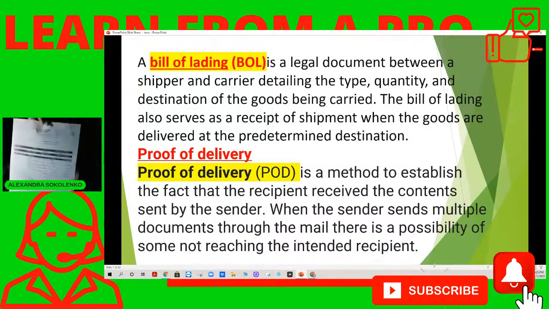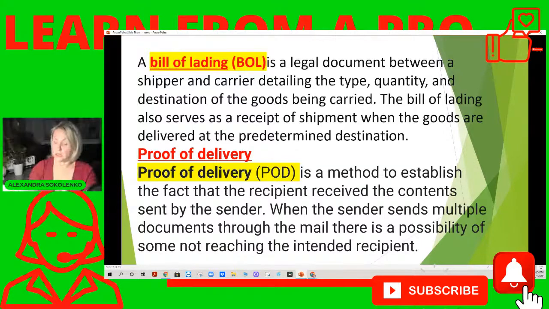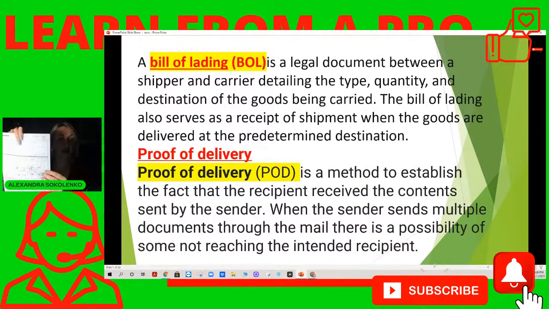Let's see. This is a BOL, right? Now it's a POD because it has a stamp. One page. So what were we hauling? Well, we had pumpkin pies. Well, probably because of all the Halloween and Thanksgiving coming up, right? So pumpkin pies. This is a reefer load, right? Let's see one more.